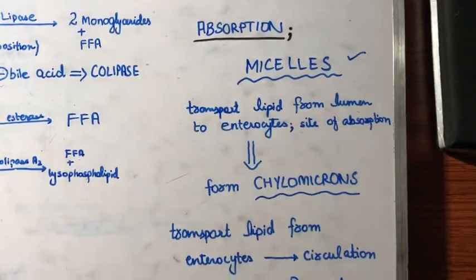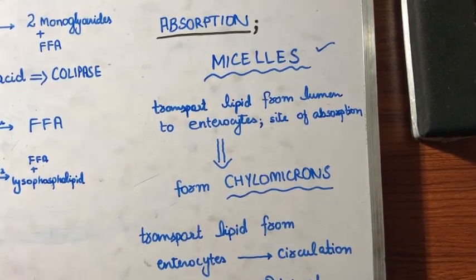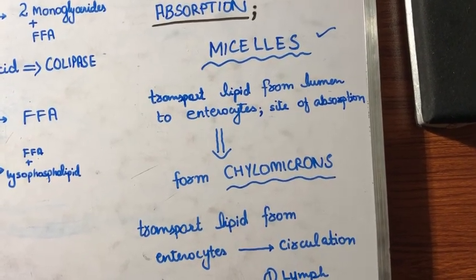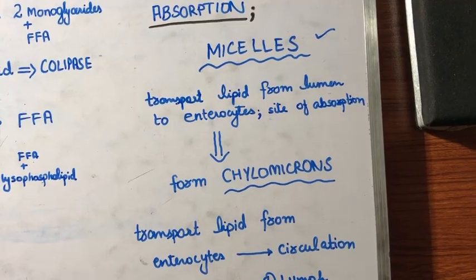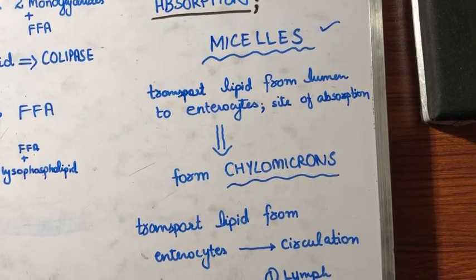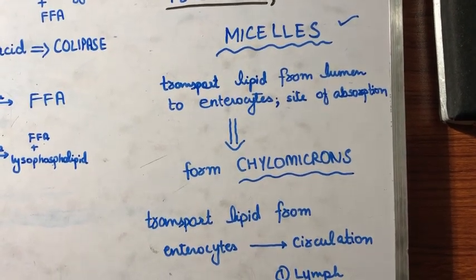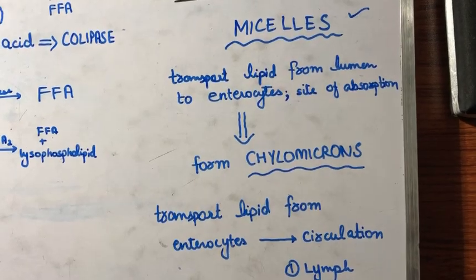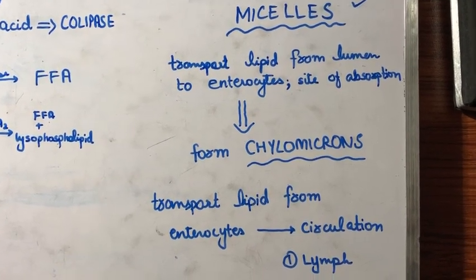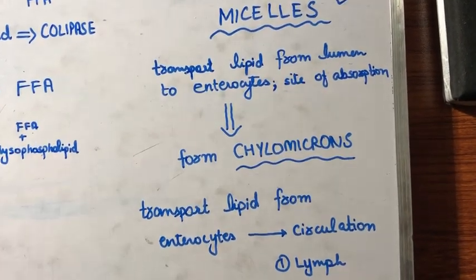Moving on to the absorption of lipids. For absorption, we have many theories. The most important theories are the lipolytic theory, the partition theory, and the Bergstrom theory. The first theory indicates that fats are completely hydrolyzed to glycerol and free fatty acids. The partition theory indicates that TAG digestion is partial. The most recent and advanced theory that we are following is the Bergstrom theory,